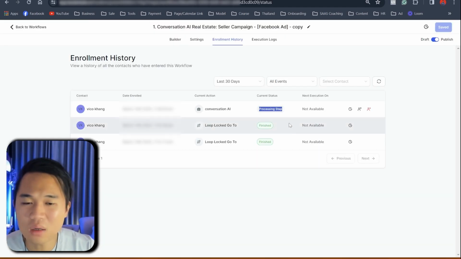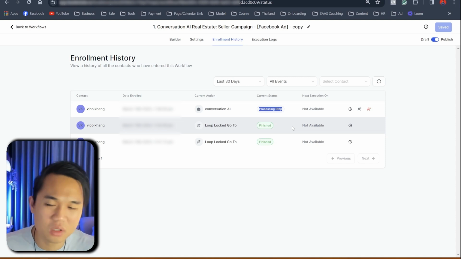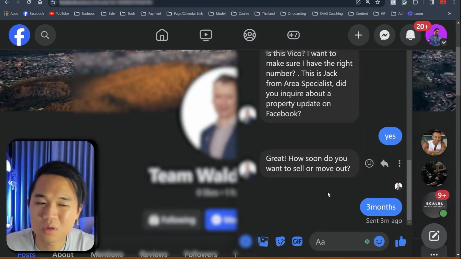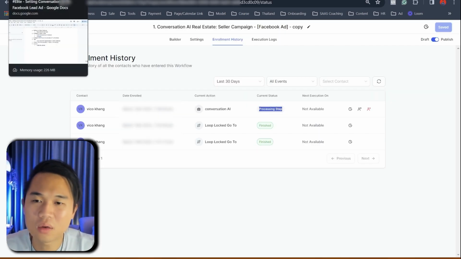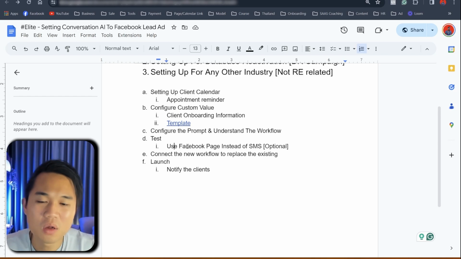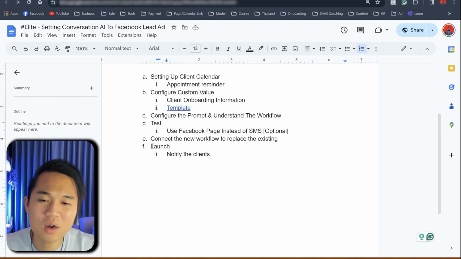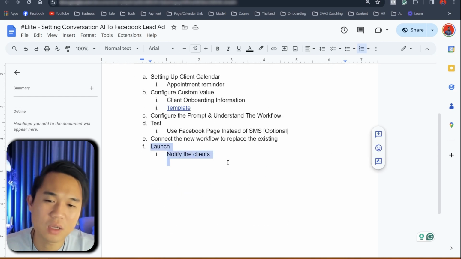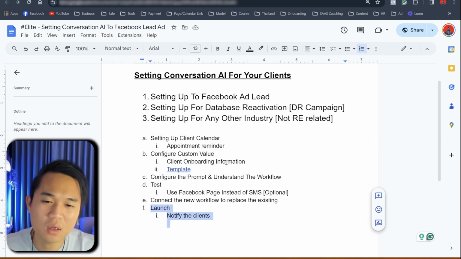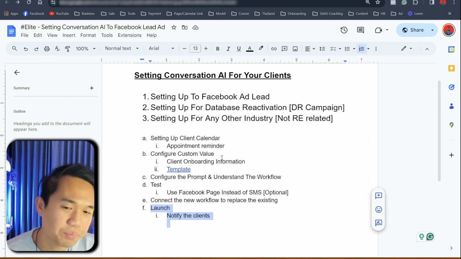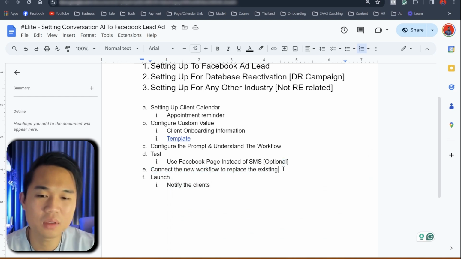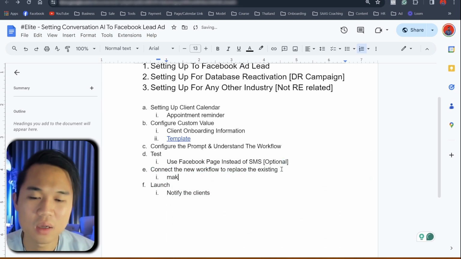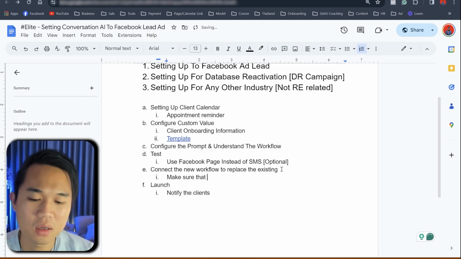So this is not waiting. Nothing is waiting. It's just processing. So it's just talking back to ChatGPT to get some response back to us. So it is what it is. But that's how you set it up, right? So once we notify our client, pretty much you just have to text and notify the client here at this stage. We've done the replacement, and when you've done the replacements, like here, just make sure that